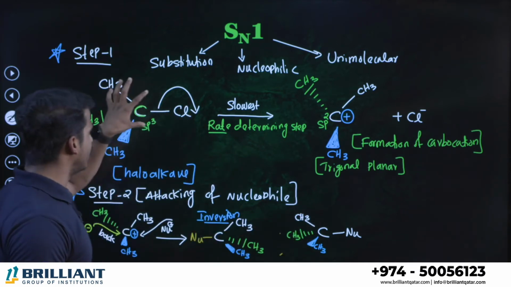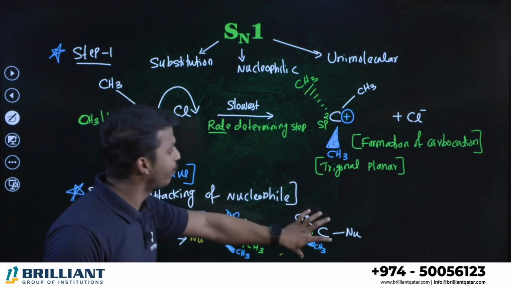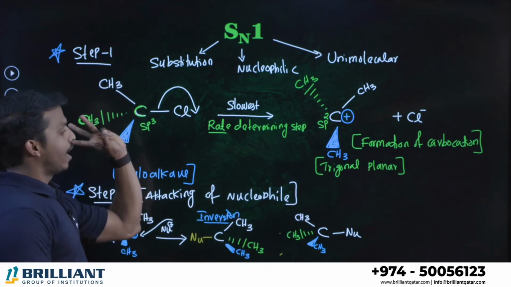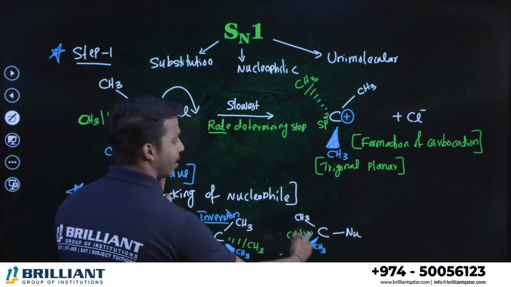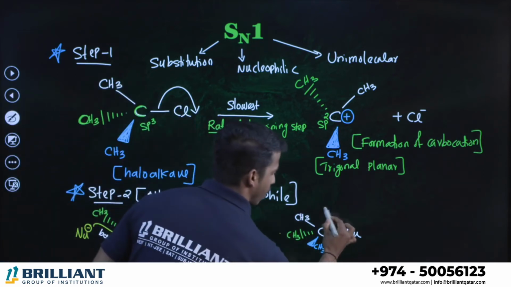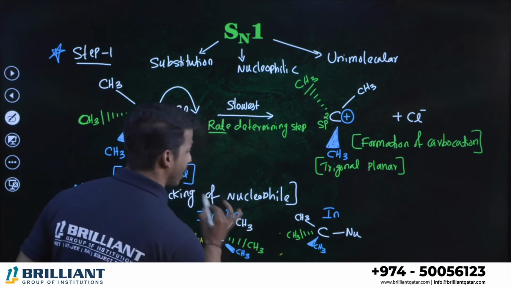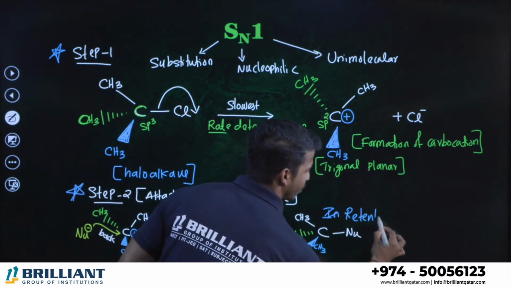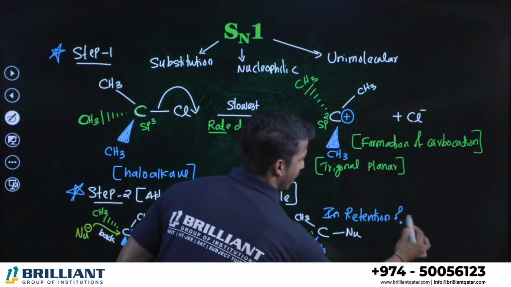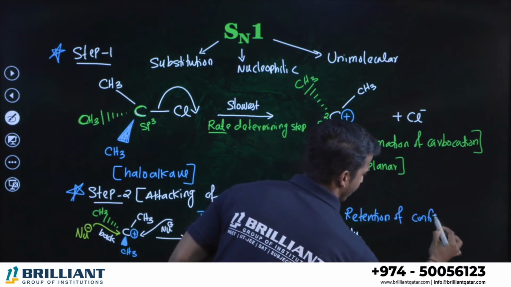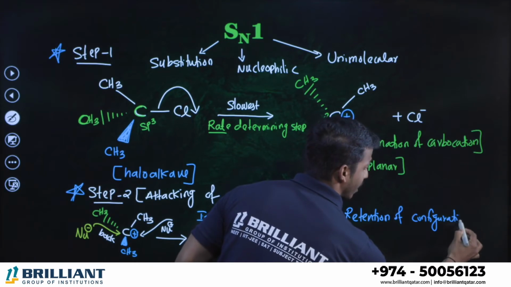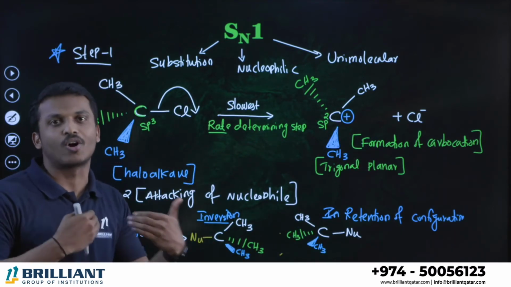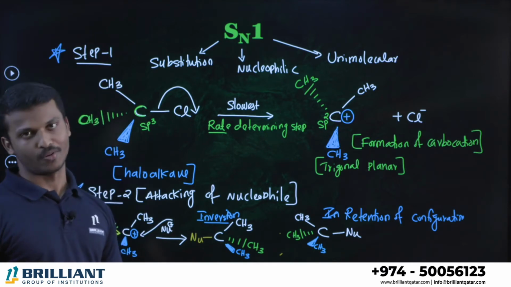What about here? Please observe this initial reactant and the final product. You can see this is existing like this, and the methyl groups are all the same as in this product also. Therefore, the other one is called inversion and this is called retention of configuration. What is meant by retention? They are retaining the initial structure or configuration. That's called retention of configuration.